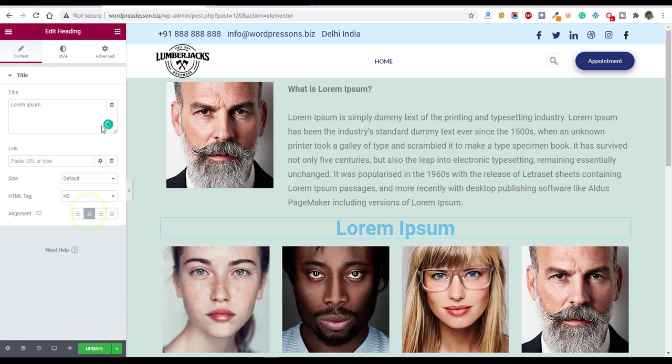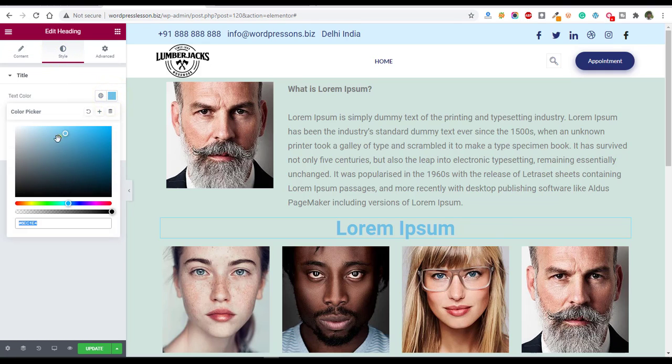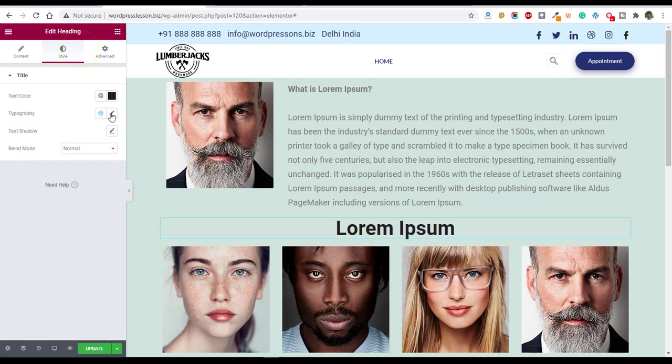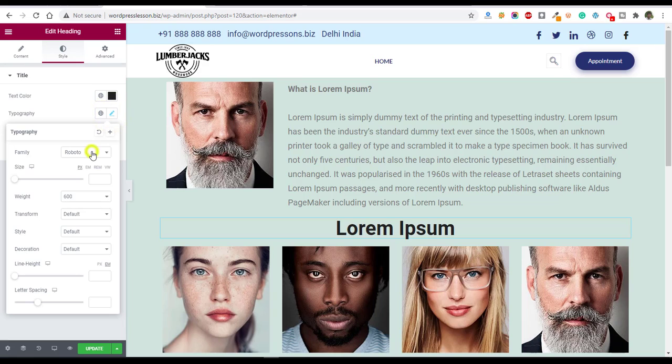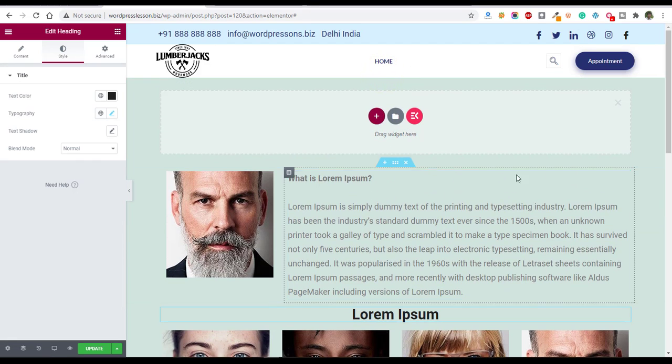Make it center, and we can change the colors also. And we can change the size, or font size, font settings also. I'm going to make it 20. Okay, and I'm going to make one more heading here.